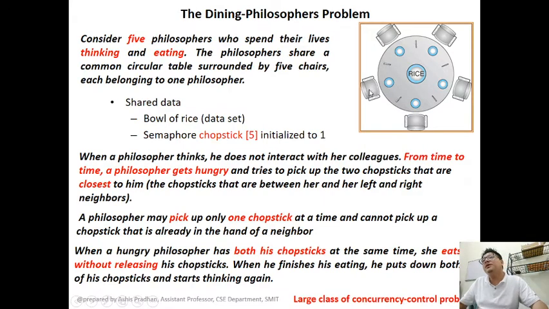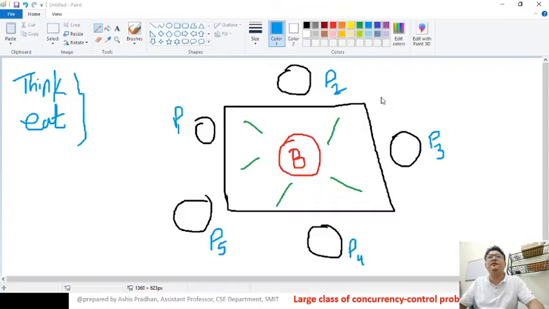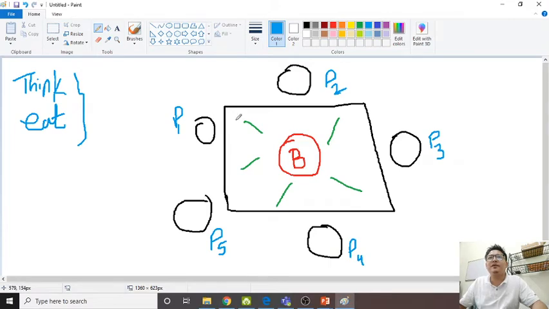Suppose philosopher one is hungry, and this chopstick is held by the P2 philosopher, because these two chopsticks were held by P2, who is currently eating at time t equals to t1. So at time t equals to t1, P2 is eating. Now at time t equals to t2,